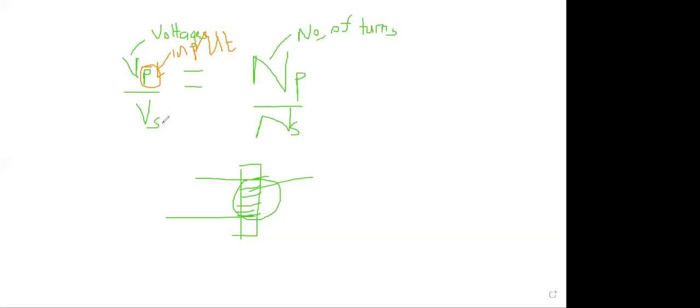Then the S, which is the secondary coil, is the output. So energy comes in the primary coil, then it's output in the secondary, and that equation is called the transformer equation. Now we are going to try out some questions here,